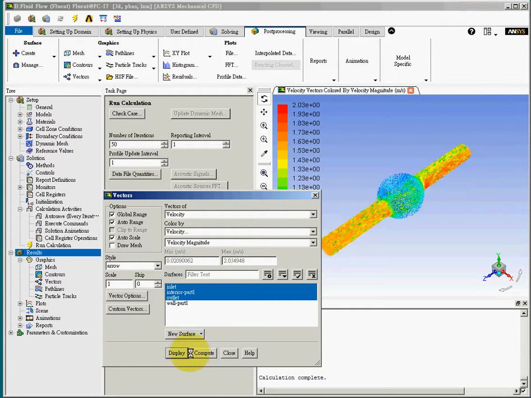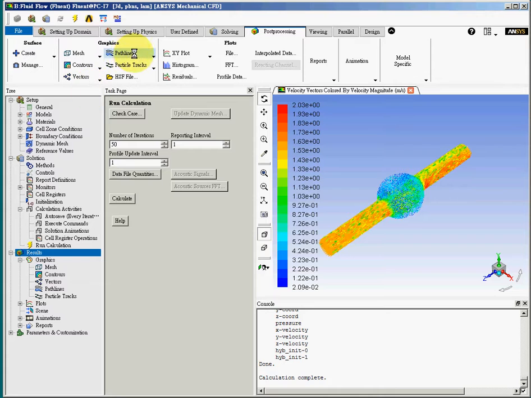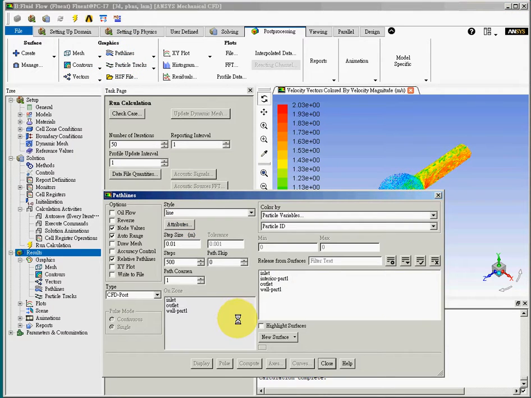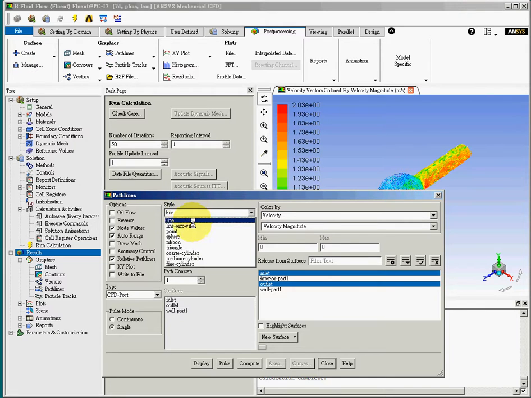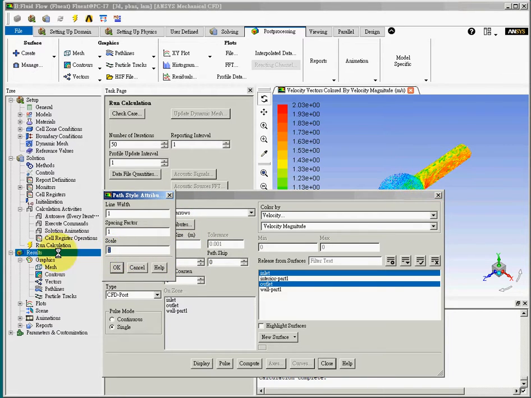We will display the vector plot. And then we can display path lines or the flow lines from inlet to outlet, and we'll make it velocity